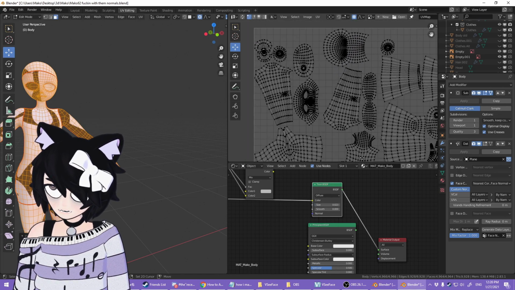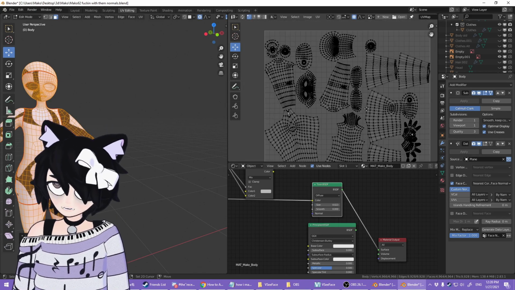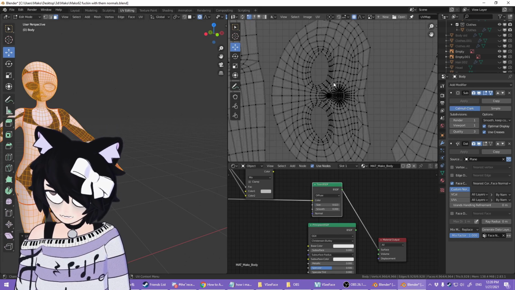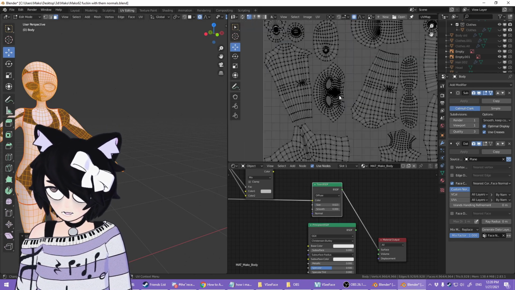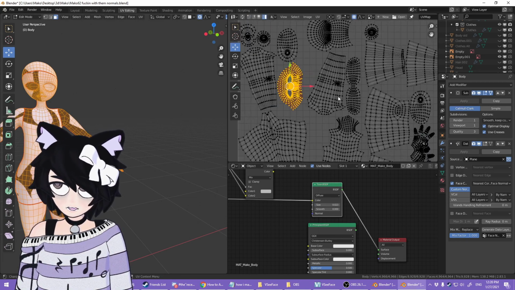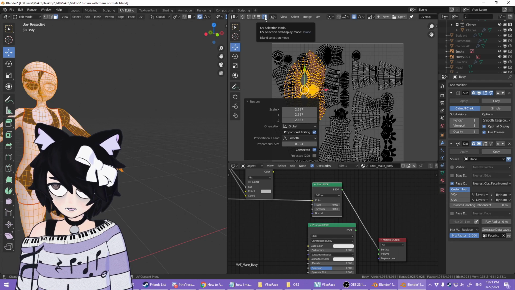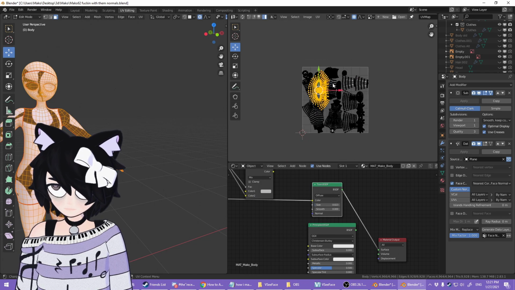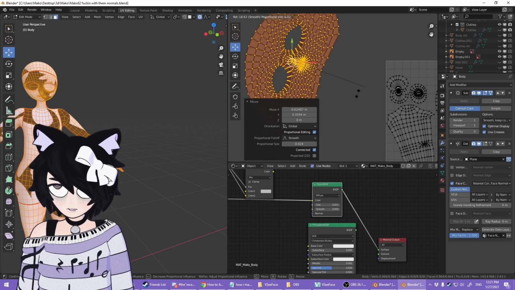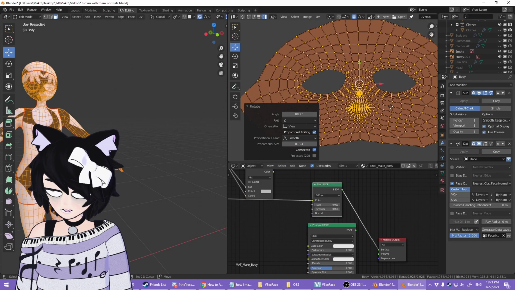But now comes the process of arranging this in such a manner as to be reasonable. You can ask yourself, how much fidelity do I want for all these parts? This is my face. I probably want it to be able to take up more pixels. I don't want it to take up this little of an area. I'm gonna hit S to make that bigger. I'm on this island select thing right here, by the way. It selects the entire section. Put this over here. And you're probably also going to find it a lot easier if you rotate it into a manner in which it is sitting properly.